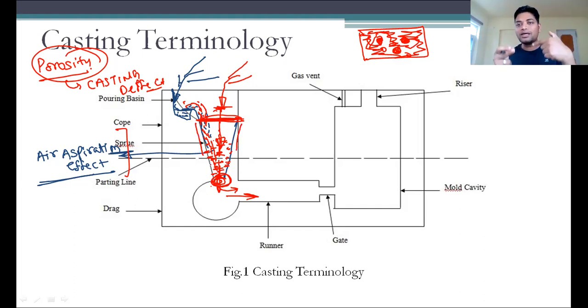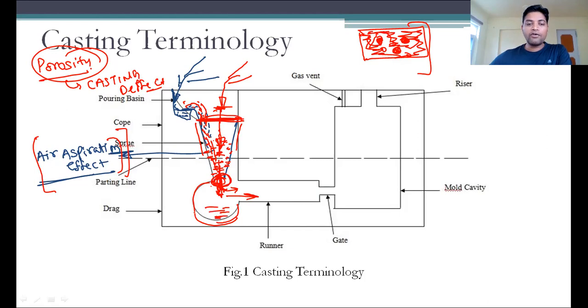Okay, in other words, whatever the formation is there, we are calling it an air aspiration effect. Okay guys, after that, the material which is coming through this sprue, we are using this skim bob. If it is directly falling, then it will fall up to here, and because the runner and the skim bob have some specific height, the difference of this specific height. Okay, so this molten material will be deposited over here,